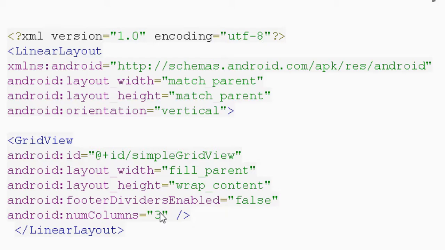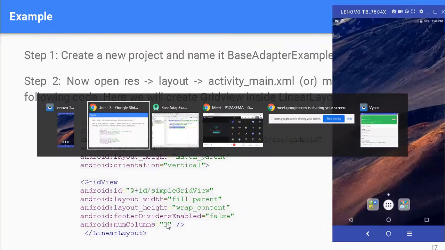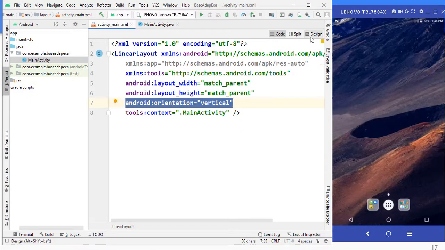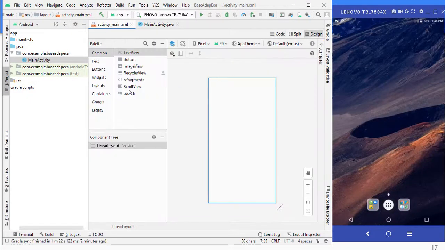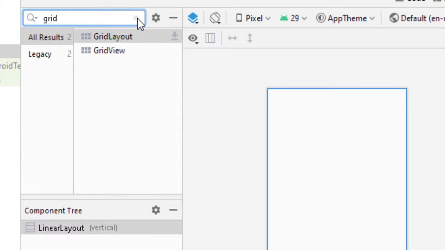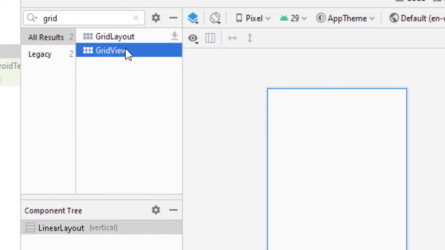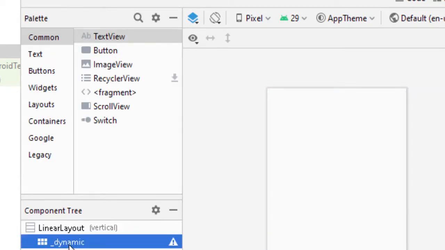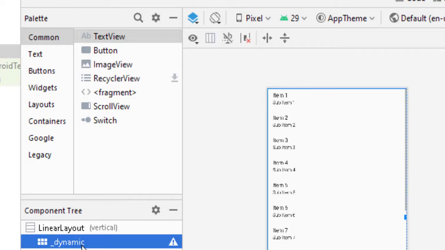So we are going to do one by one step with these options. So let me perform this exercise. Again I am going to move in design time and let me search grid view. So right now I am going to click on the search button and there are grid view options. Don't click on grid layout. We need grid view. So I drag and drop that grid view and it is going to be displayed perfectly, and you may see that output.